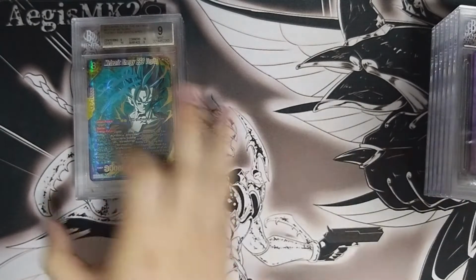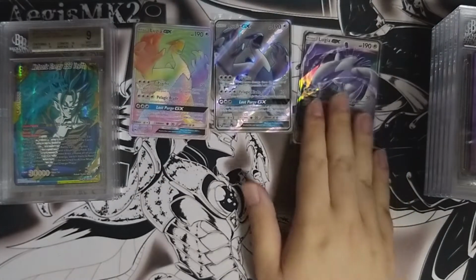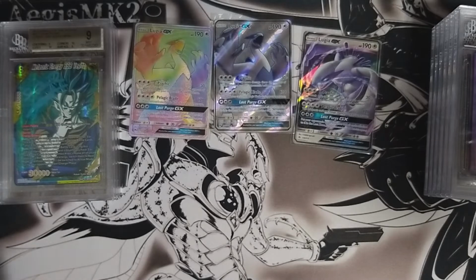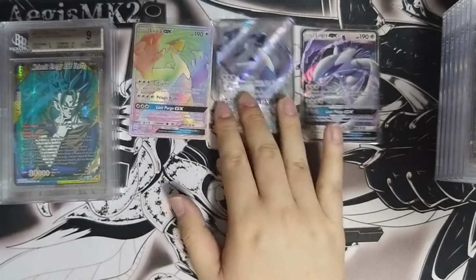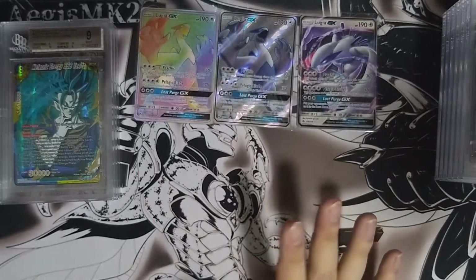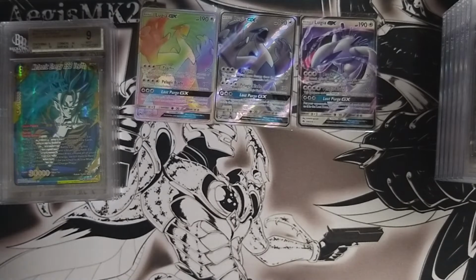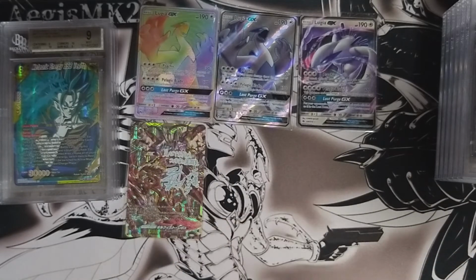My first target is actually these ones. I bought them locally, so they might not be in perfect condition, but again I love Yu-Gi-Oh, so I do want to try sending them for grading and see if I can get 9s for these cards, then I'm happy for the whole day. And if I can surprisingly get a 10 maybe for this one because it's cheap, that's totally fine as well, right? And then this, the signed one that I mentioned before,